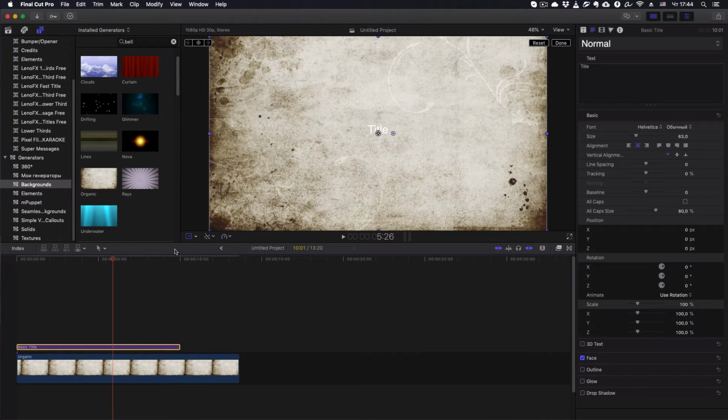I want to increase the size of this title, so I have to go to the inspector, to the second icon, and then I increase the size of this title, for example, to